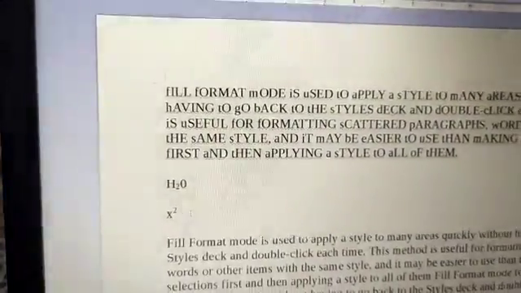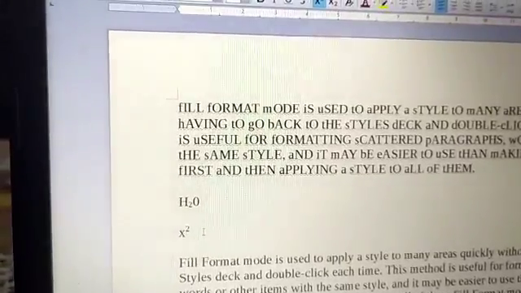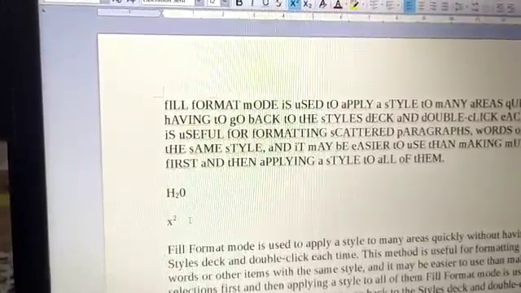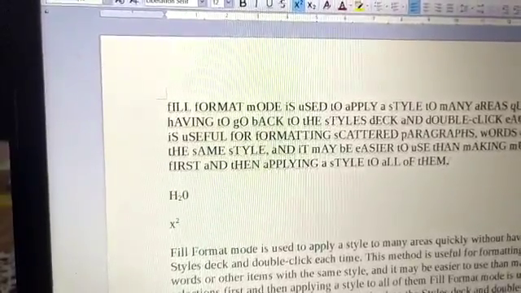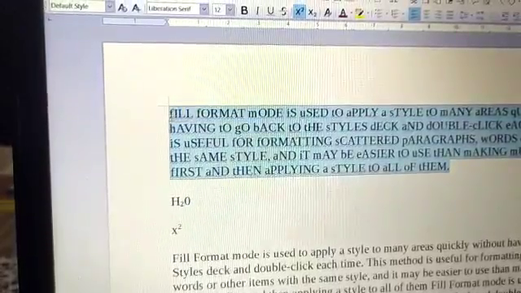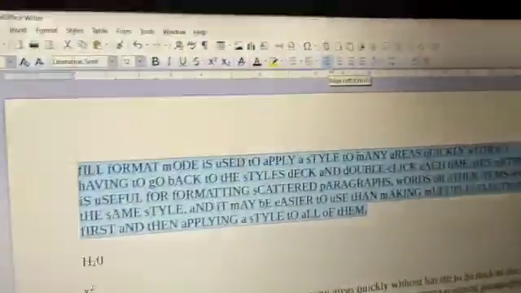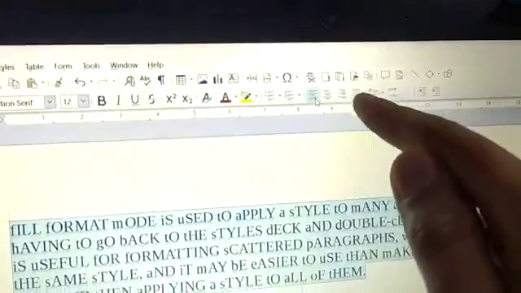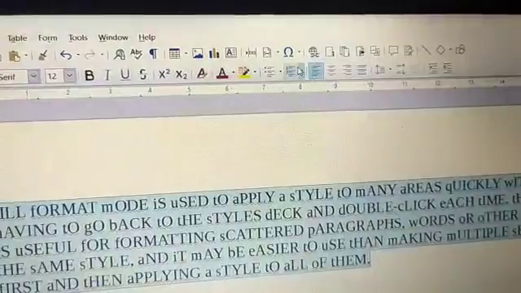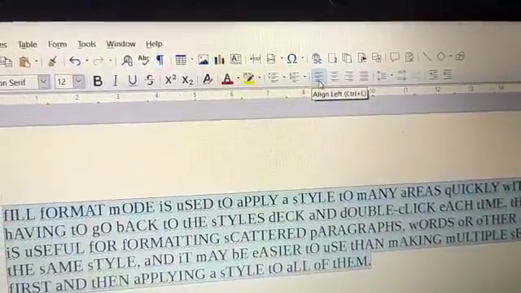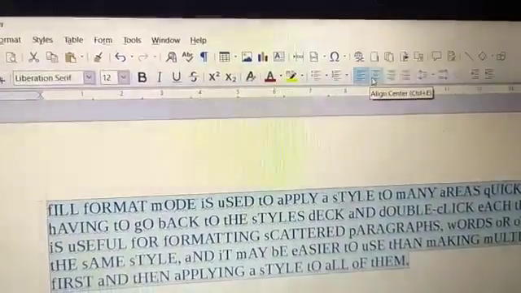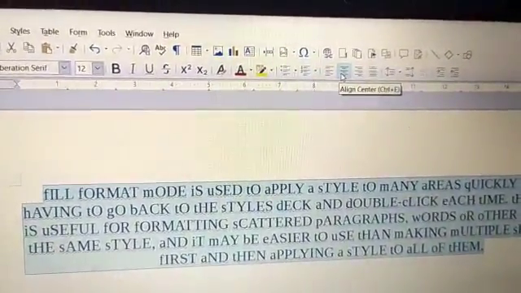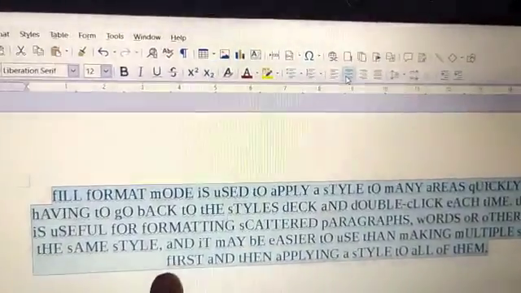Now the next point is alignment of the paragraph. Alignment means changing the position of the paragraph. Suppose that you select the paragraph. These are called alignments: left alignment, center, right, and justify. By default your text is left aligned. Now I'll change from here, and then you can see changes in this text. Now I set the text in center alignment. You can see this line comes here.